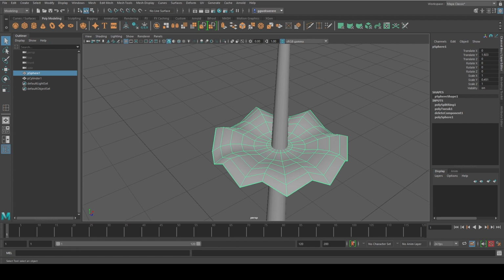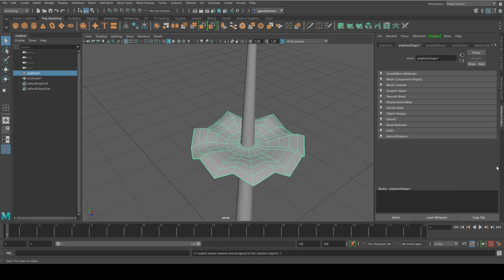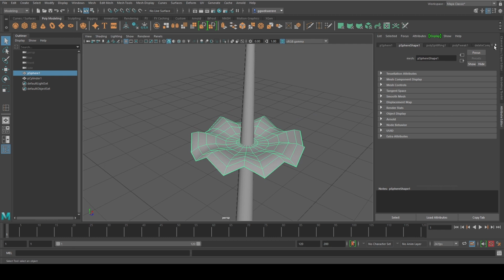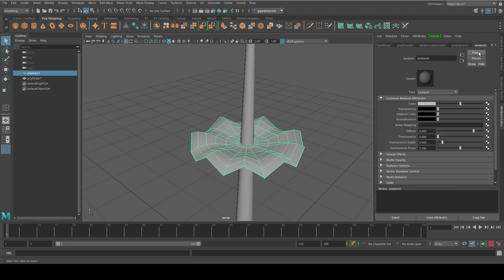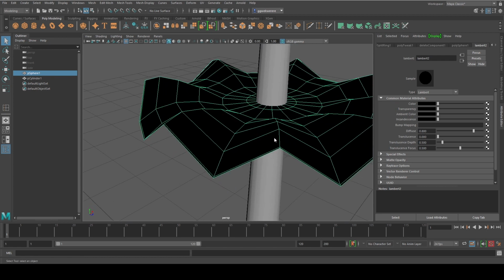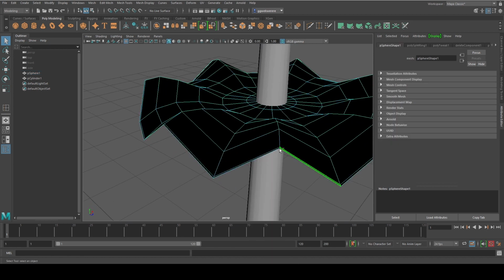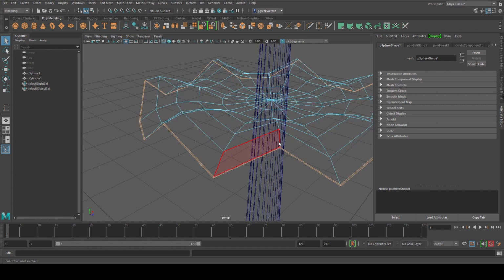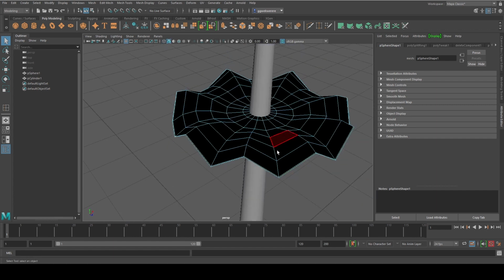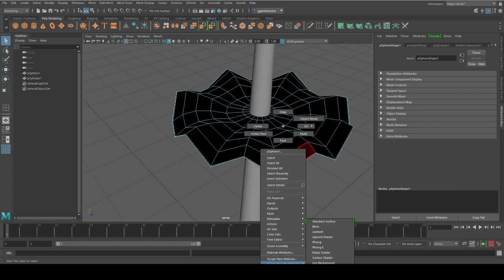Let's just go with the normal Lambert. Nothing too special. Lambert. And I'm just gonna make it black. Right click face, and then I'm gonna select this like that. And then I'm gonna assign